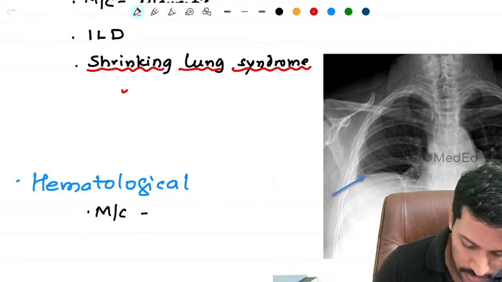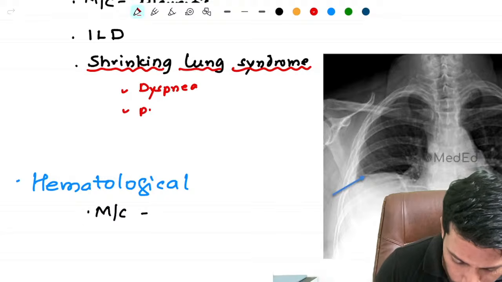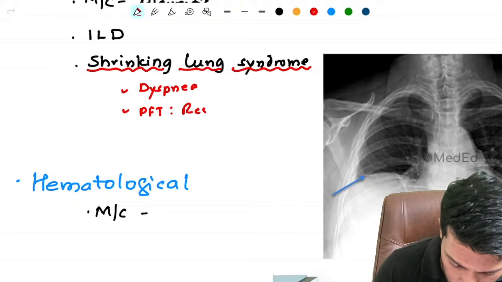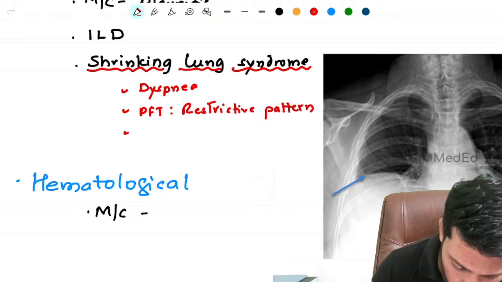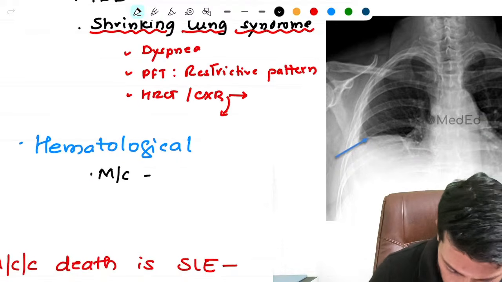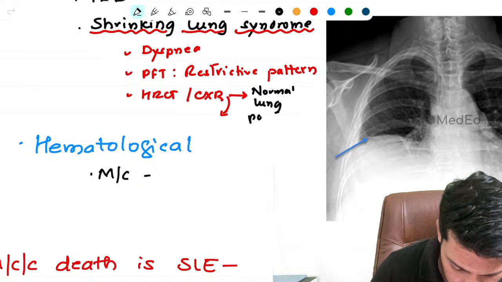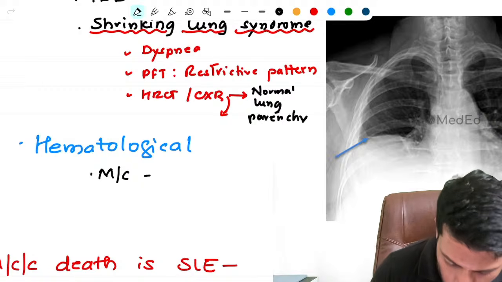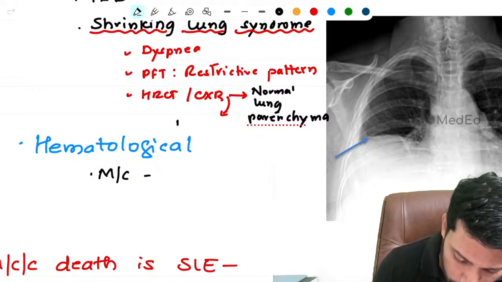The shrinking lung syndrome presents with dyspnea. When evaluated, PFT will show a restrictive pattern. And whenever we think of a restrictive pattern, especially in a patient with SLE, we think of ILD. But when you do HRCT or chest X-ray, it characteristically shows two findings. The first finding is normal lung parenchyma, meaning nothing wrong with the lungs. But still you can see that the lung volume is reduced, and because of this reduced lung volume, there will be increased